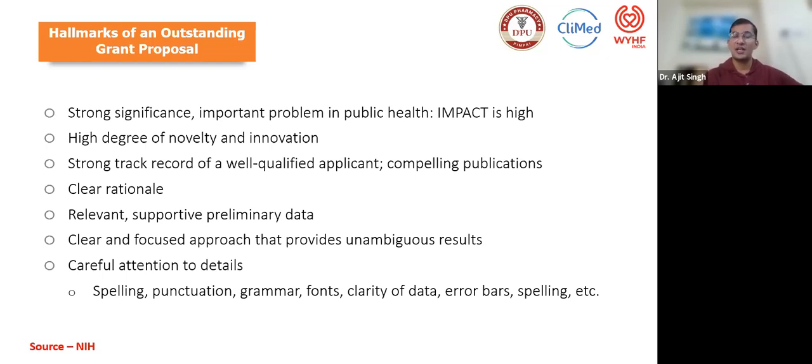Some research has been done. I'll give you further examples on this, so you will better understand. Some research has been done in the US or in some other country, but that research has not been done in your population, in the Indian population, or in the South Indian population. There is no literature for the South Indian population, and you strongly believe that the South Indian population is different from other populations.